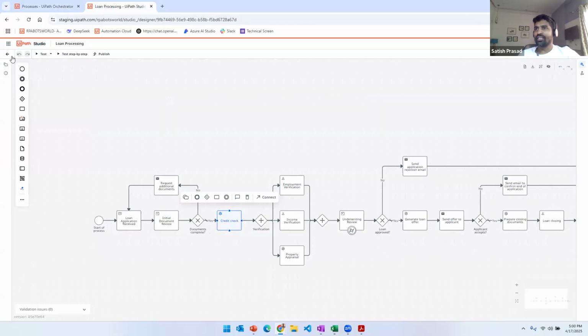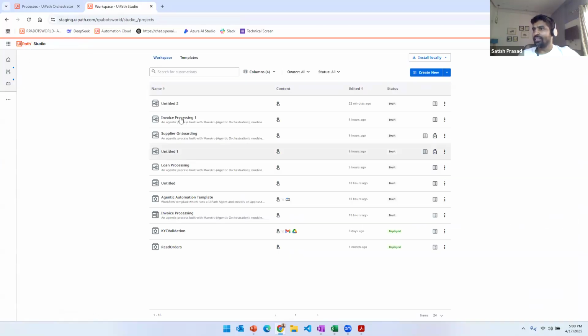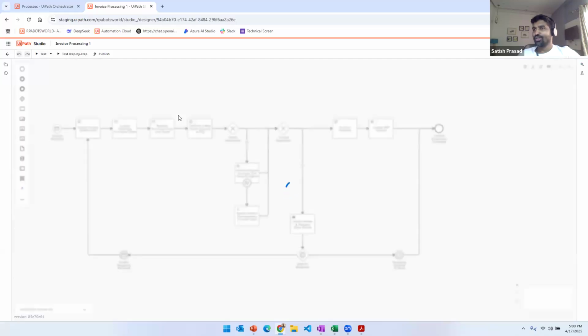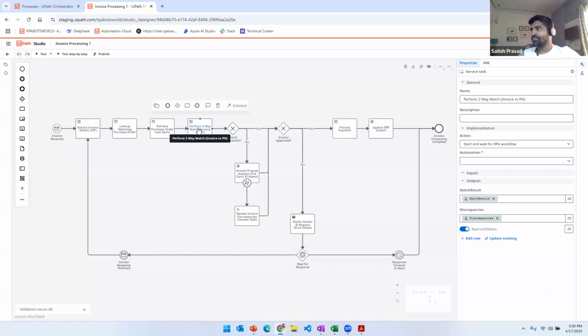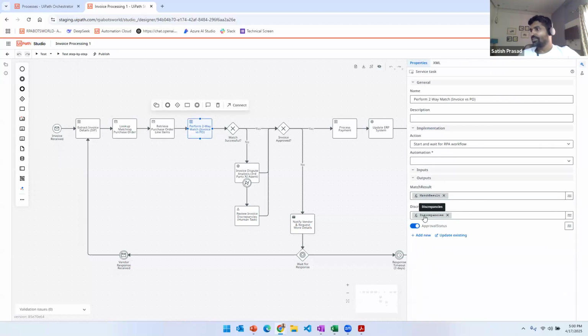I did showcase that, I think, in this invoice processing, right? So it's still on our case that we need to take care of all these output conditions and everything. And with the help of this, you should be able to control the behavior of the entire long running process, right?